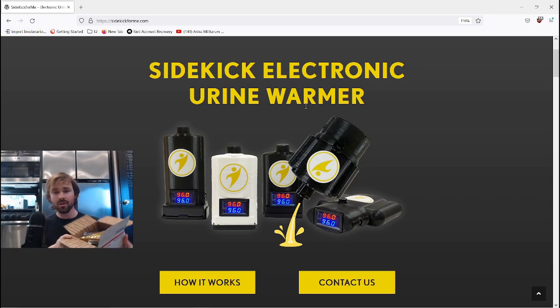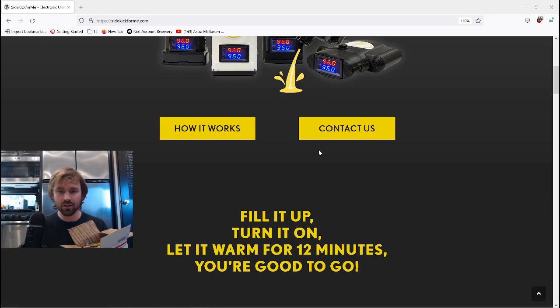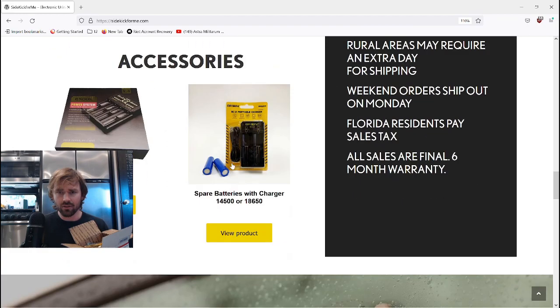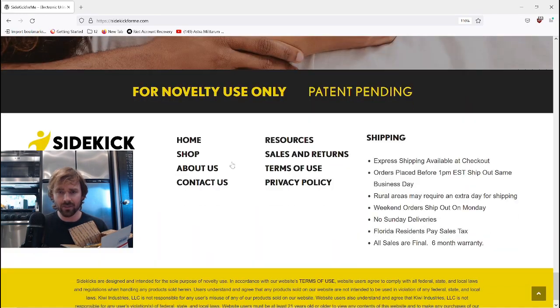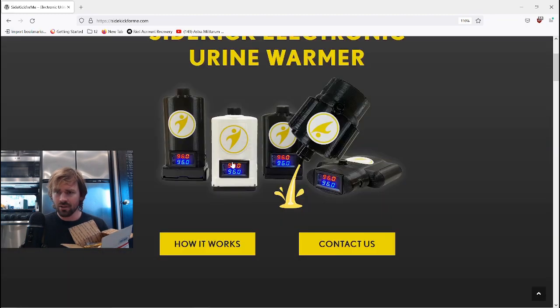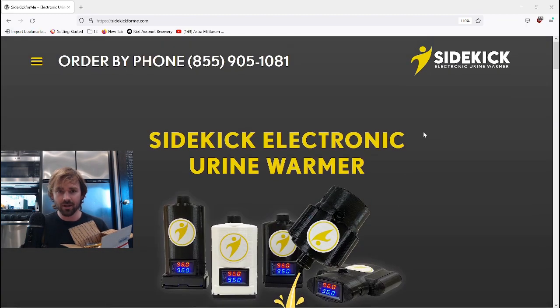If you guys are wondering about the price, here's what it's called. Not too much on the price here, to be honest. It won't tell you that, right? It took me a long time. I actually found out the price as I was calling in. So he owes me about, I think it was like $230, and he actually also opted for the extra charger. So this came with the charger pack because apparently